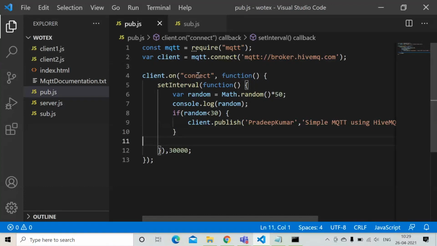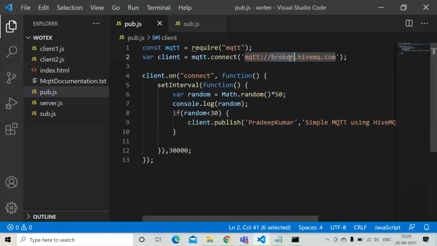The publisher code is very simple. Use MQTT, then connect to the particular broker, because MQTT always works with a broker. There could be a publisher and subscriber, but without a broker they cannot do that. A main application is, for example, the Times of India news, or even Google News. Whenever Google News is refreshed, the latest news comes up on your mobile phone. That's how the publish-subscribe model works.